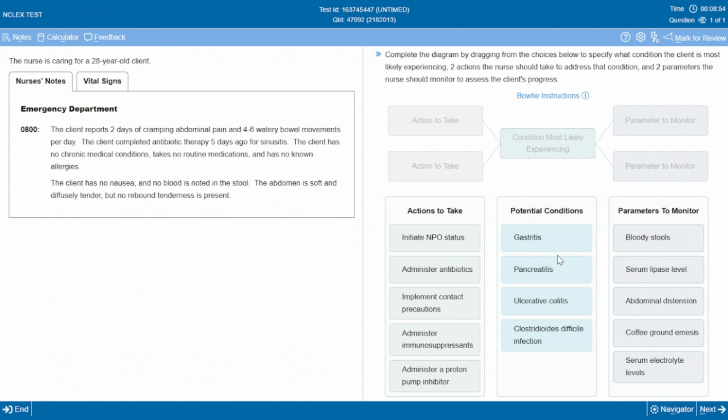Pancreatitis is that very, very painful condition, and it's definitely associated with fever, so that's interesting. Ulcerative colitis here, that's one where we really look out for blood in the stool and pain. They have no blood in the stool, so that helps us think that maybe that's not what's going on. And then C. diff infection. This word has changed recently with the scientific classification. It used to be Clostridium, and then you notice here that it's Clostridioides. I'm not the best at pronouncing it, but it has changed. But most people still call it C. diff. So that's a C. diff